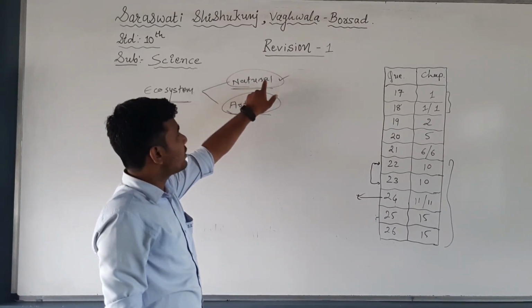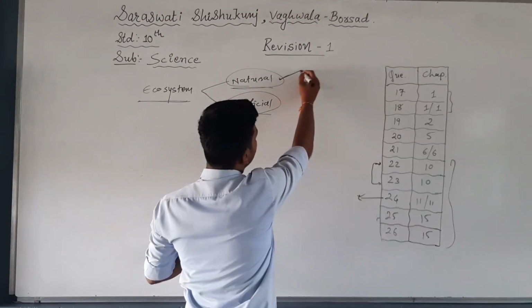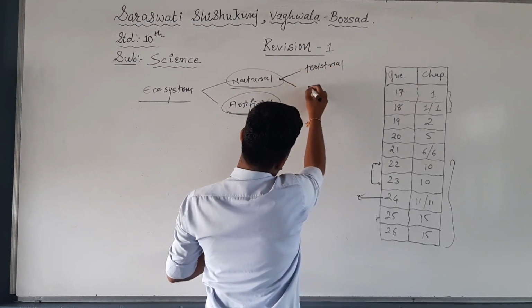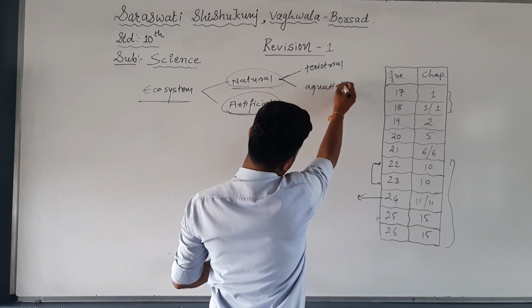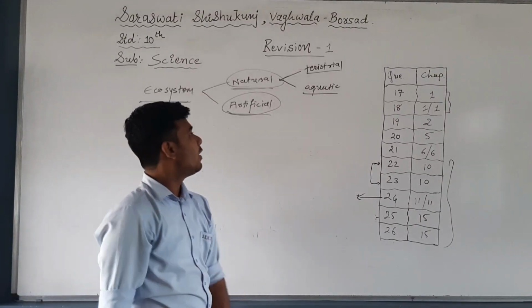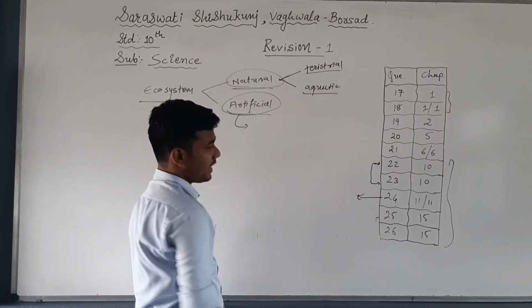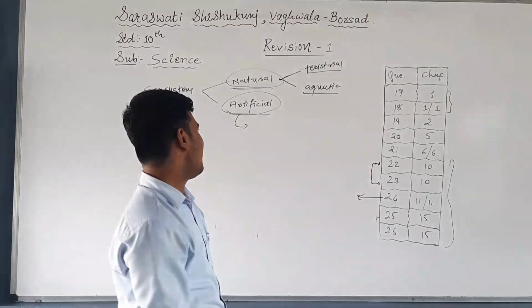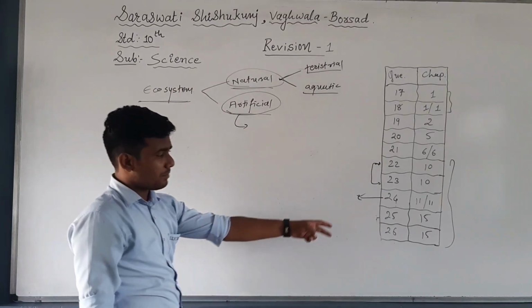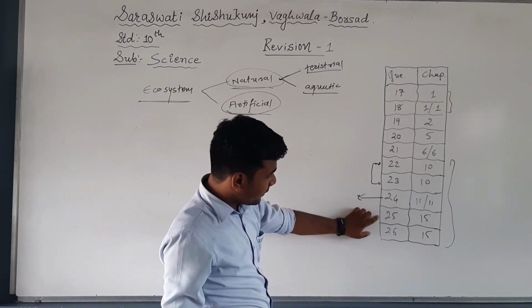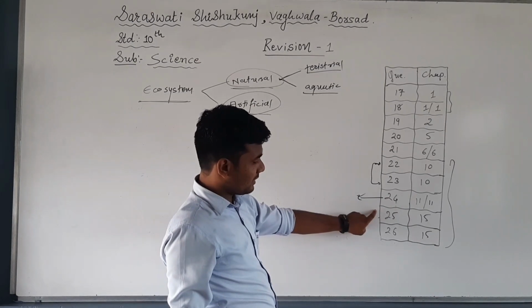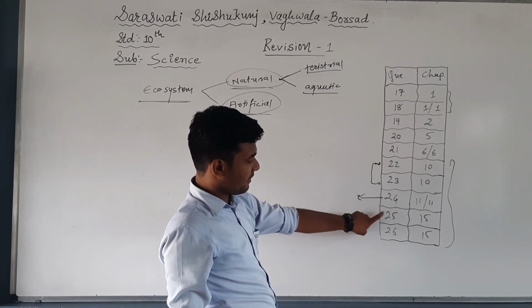In the natural ecosystem, we will have two other types: terrestrial ecosystem and aquatic ecosystem. In terrestrial, we know there are different lands and deserts, and in aquatic there will be different water bodies. In the artificial ecosystem, we are talking about botanical gardens, right? Also, we can understand about an aquarium. So such types of questions can come from chapter number 15. Here you can see that it's very beneficial for us, right? If we prepare chapter number 15 completely, it will give us 2 marks for the 25th question and 2 marks